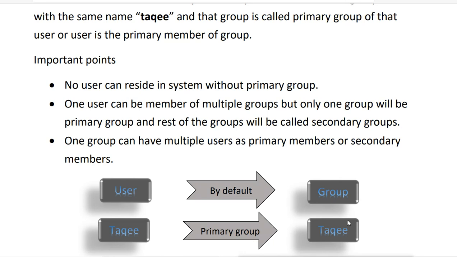Secondary group membership can be removed, but primary group membership cannot be removed. A primary group is always required for every user, and only one group can be the primary group for any user.